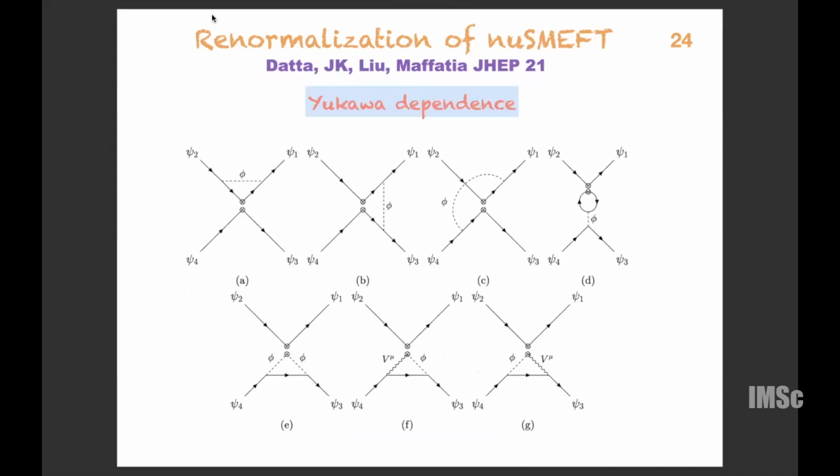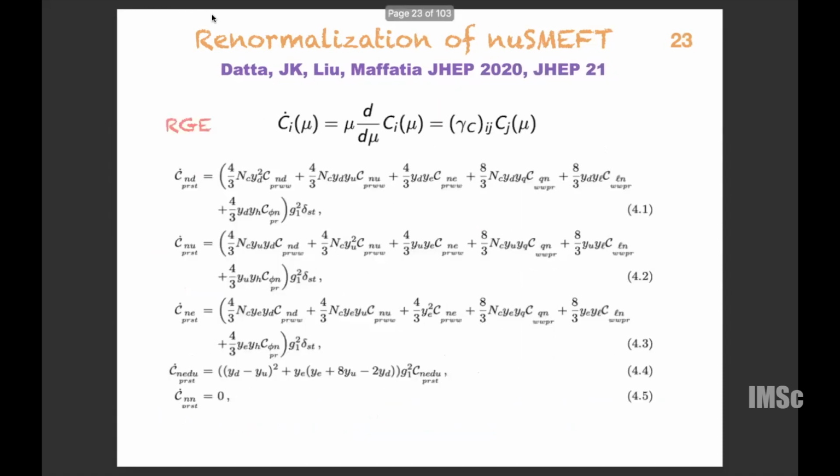Sorry, how many operators are involved there? There are, I think, 16 of them without flavor. So all of those C and D are Wilson coefficients of some operators. Yes. All dimensions. And these are the ones that mix, right? Yes, you can see that ND can mix with NU, ND, and